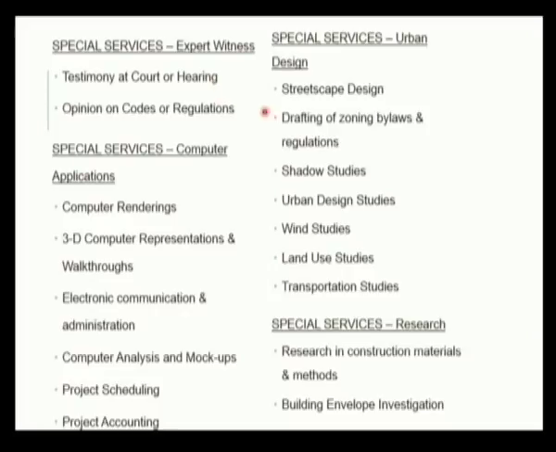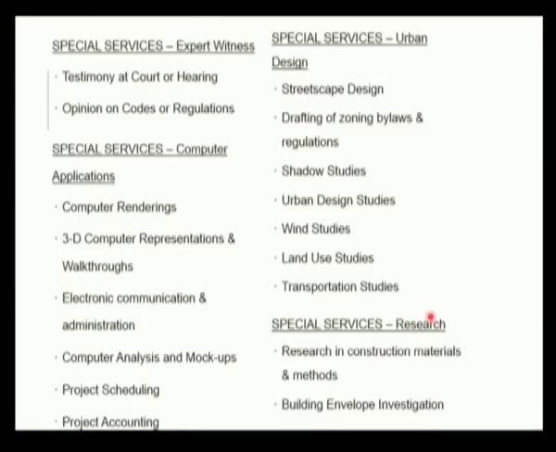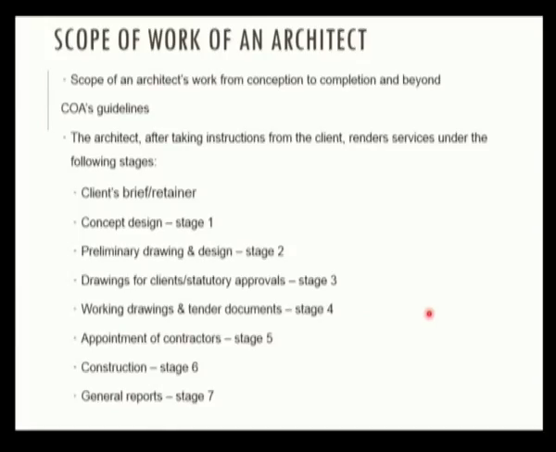So urban design is another thing: streetscape design, drafting and zoning, shadow studies in order to design where to give the shades, natural shades and artificial shades. Urban design studies, wind studies, land use studies, transportation studies have to be made if it is an urban design. So research. When we talk about research, it is research in construction materials and methods, building envelope investigations. So this is the study about the architect's role, and now it is about the scope of work of an